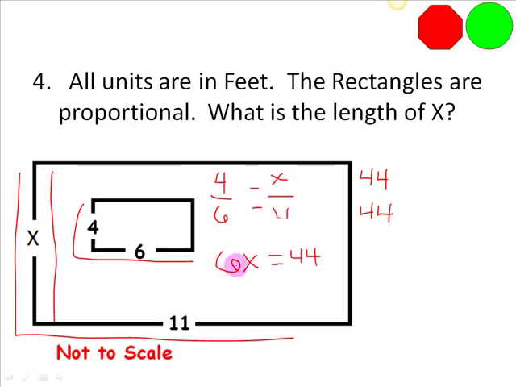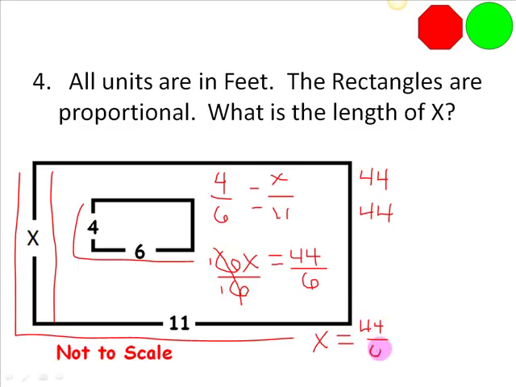Whatever we do to this side, we need to do to this side. So let's divide both sides by 6. The reason we're dividing both sides by 6 is so that we get x on one side by itself. That 6 cancels with this 6, making it a 1 and making it a 1. 1 times x is x over 1, and x over 1 is just x. So now we have x equals